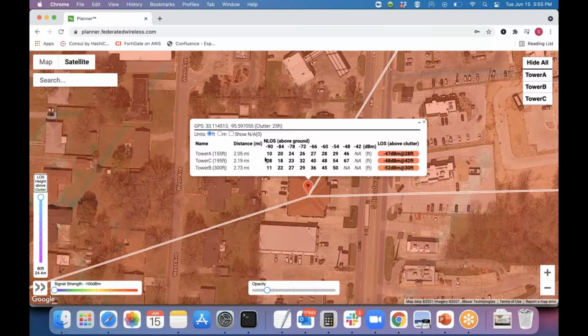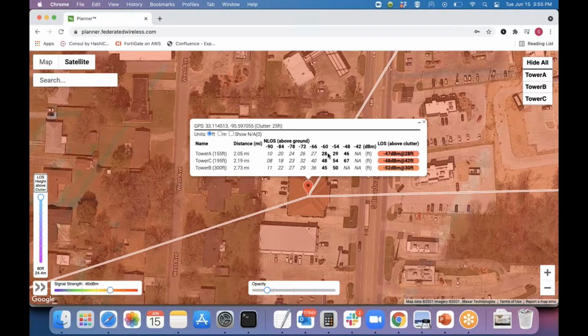So it gives me the value of the signal strength I can get, and now I'm going to the bottom left and scrolling through the signal strength slider. So if I say that I want to ensure that at this location the customer gets minus 60 dBm at least, this tool will quickly help me identify what is needed to get that level of signal coverage,